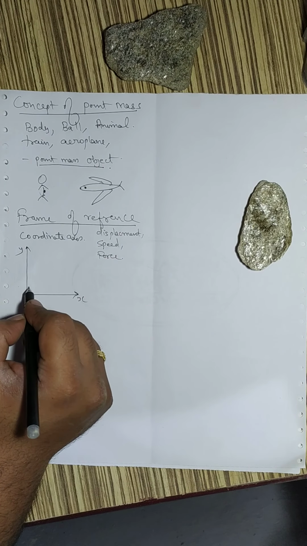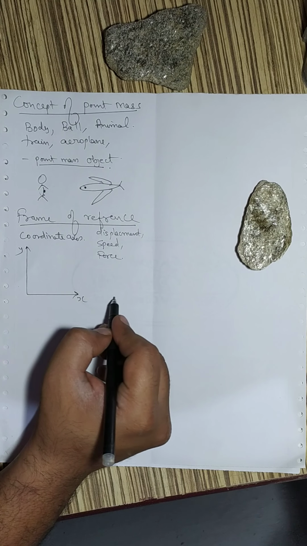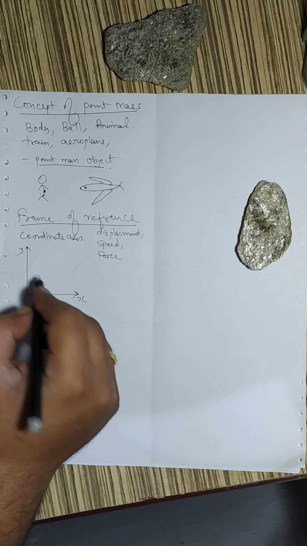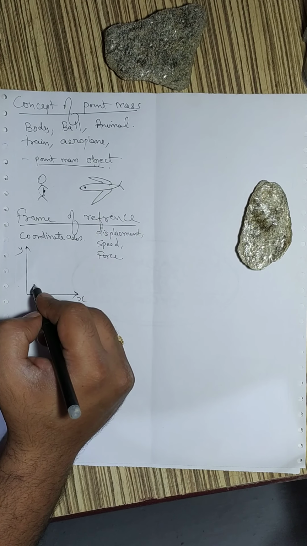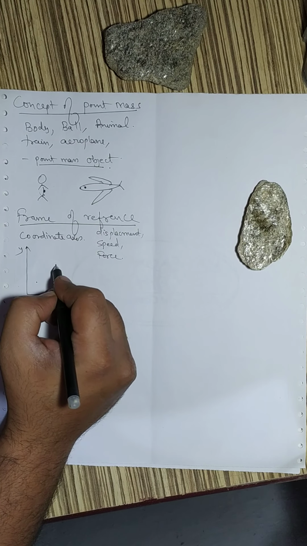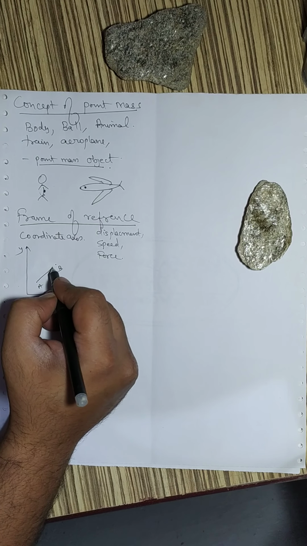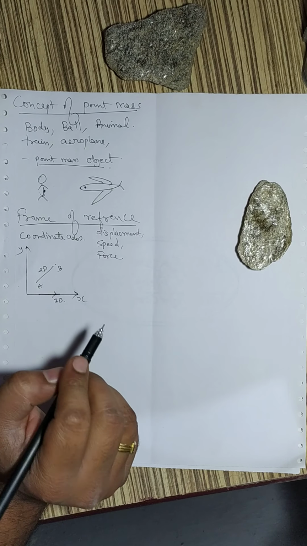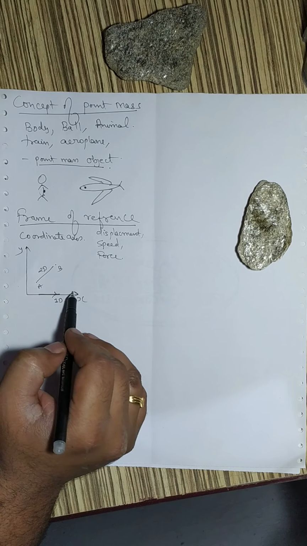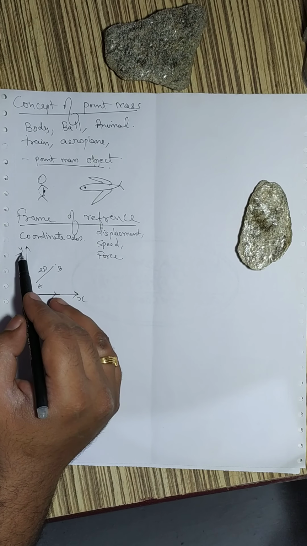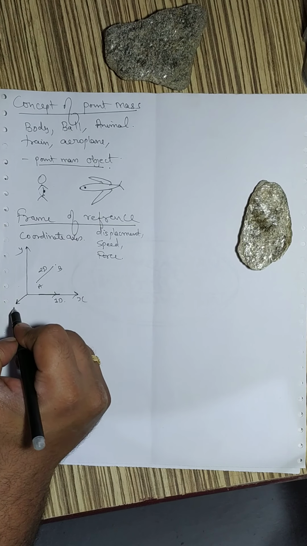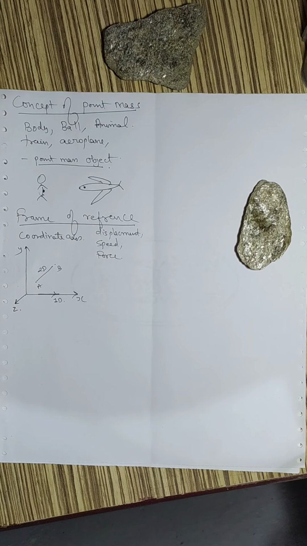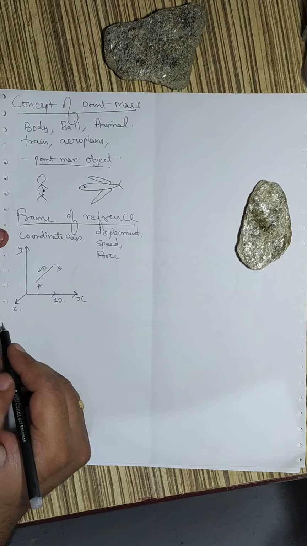For one dimensional motion, we have only the x frame. The body is moving either forward or backward. So that is one dimensional. For a two-dimensional motion, x and y both are used. The body is moving from one point to another, from A to B. This is an example of 2D motion. If the body is moving in a straight line, this is an example of 1D motion. For 3D reference, we also have a z coordinate on the z axis. So these coordinate axes are called the frame of reference.